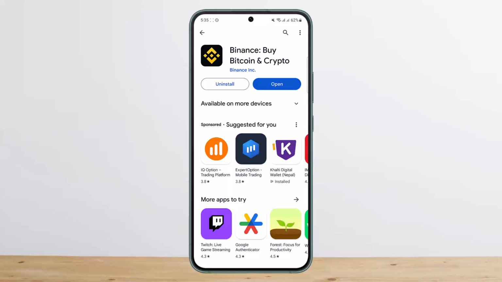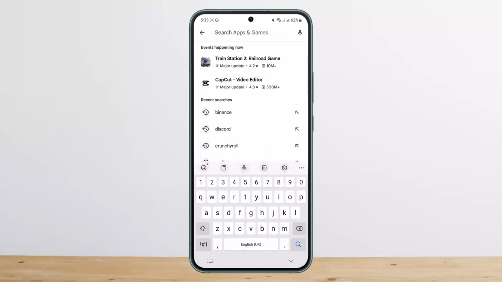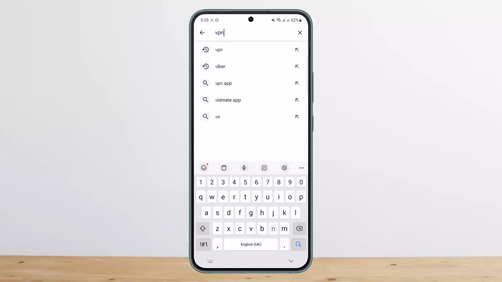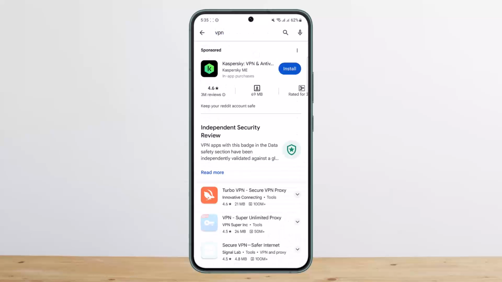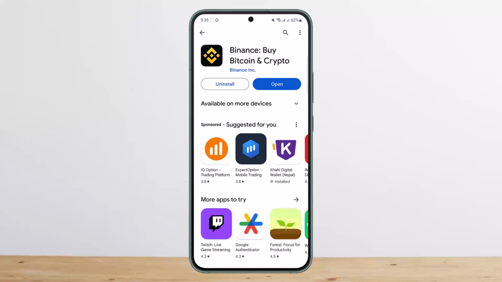Now there are two different ways that you can fix it. First things first, you can use a VPN. If you're having some server errors, then you can download a VPN and use it, and once you set up a connection on the VPN, you can try and log in. However, if the server is not the issue, if the connection is not the issue, then it might be the